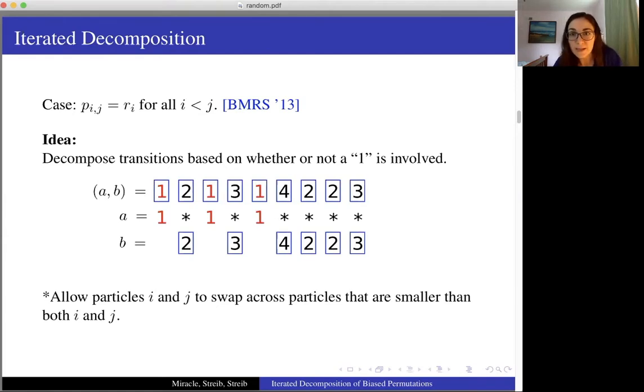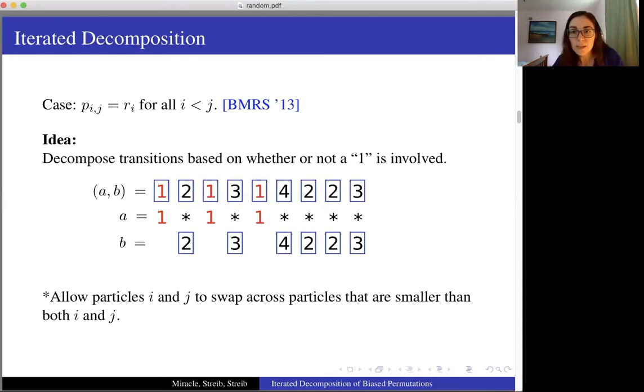So to formalize this idea, you can rewrite a k-particle system as a pair AB, where A gives you the location of all of the ones, and B gives the relative order on all the larger particles. So I've laid out the elements of B so that they line up with the elements in the k-particle system, but the space doesn't mean anything when we're talking about B. It just tells you the relative order of those elements.